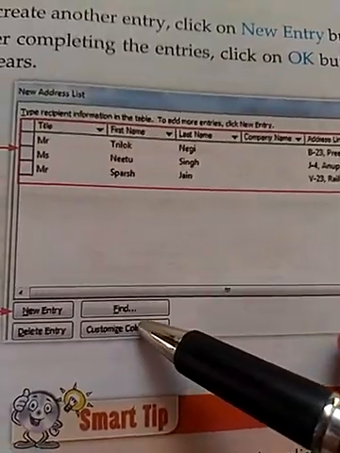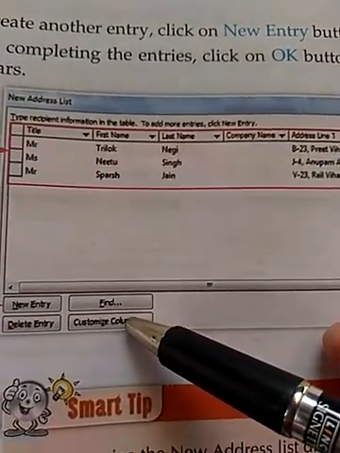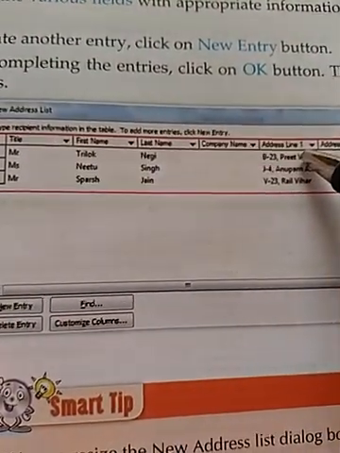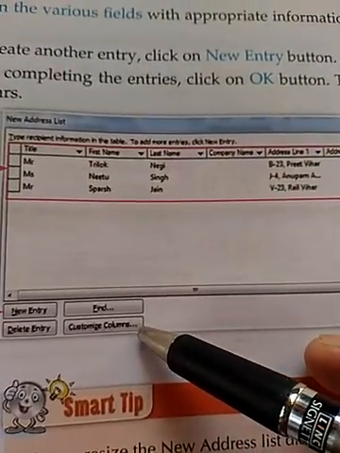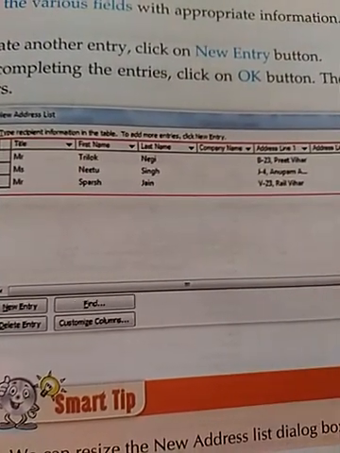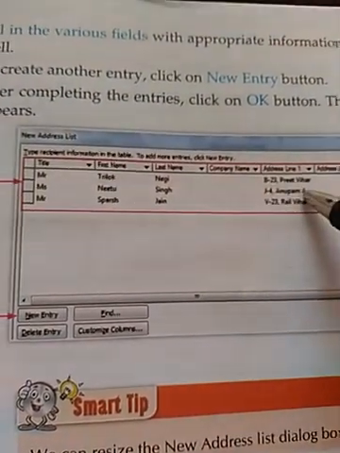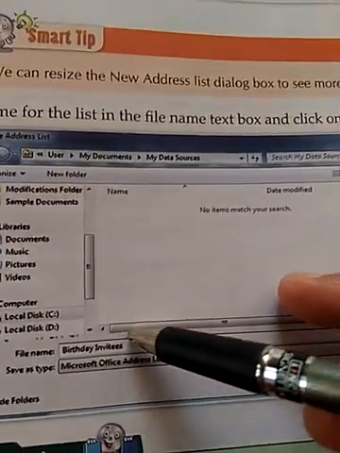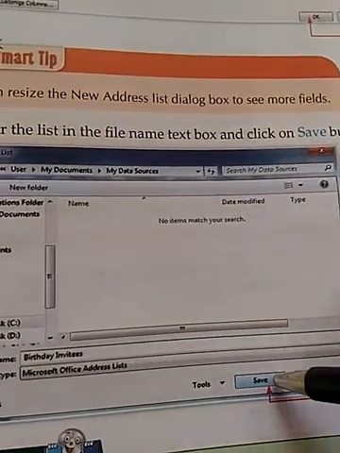customize column. This button will help you to add more columns other than these predefined columns, and it will help you to arrange the order of the columns so it becomes convenient for you to enter the records of the recipient. After that you save it, provide the name of the data source and save it.